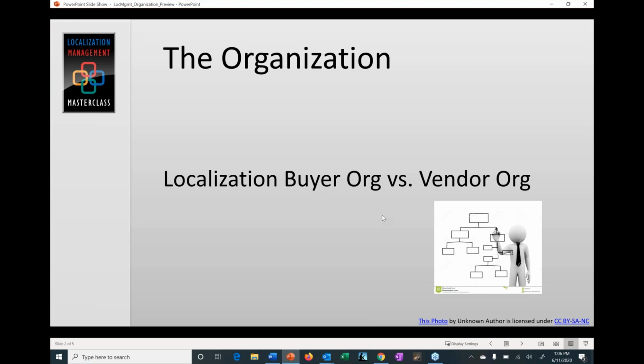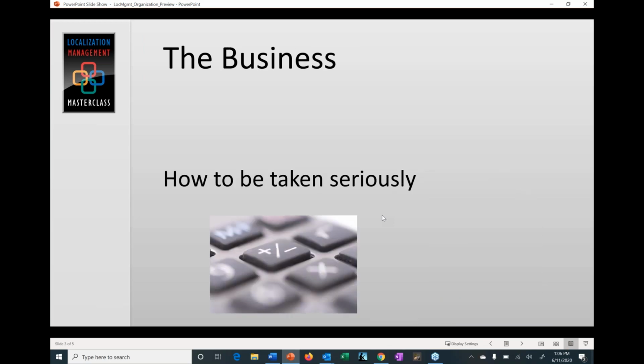Now, this might sound a little bit unattractive as a job, but I assure you that there are tremendous opportunities and challenges to be met to expand your skills and capabilities. So we'll talk in the first session about the kind of organization that you might either inherit or set up, and what the pros and cons of the different possibilities are, and what you might want to aim at in terms of an optimized organization. And then from there, we will move into the business of localization.